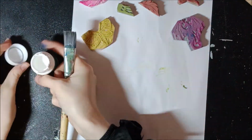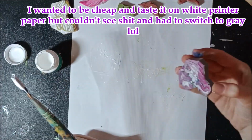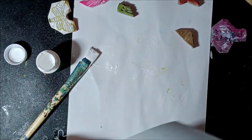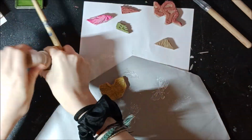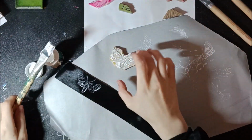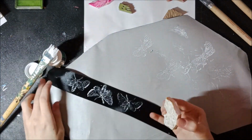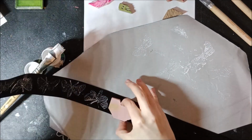ones. I have three ones that are like a feather, leaf, because that's the easiest thing for me, and I just used scraps to make them earlier on. And as you can see, first I tested out on paper whether this even works, if I can use it like this, because with stamps you usually use just the little pad with ink, but here I wanted to use paint, so I wanted to check whether the shapes will be clear enough, and not just big blobs of paint. And yeah, I use textile paint because